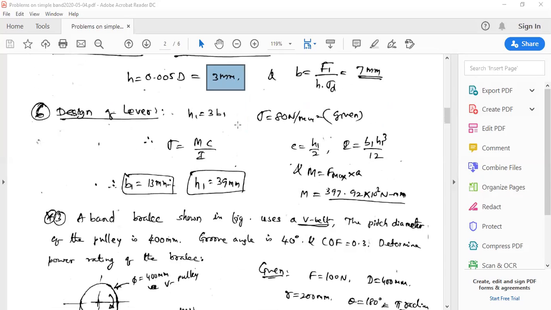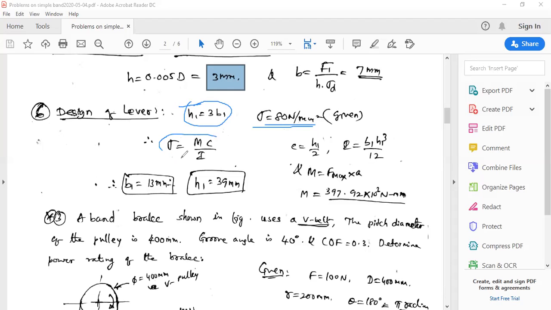Once you get all these values, the next step is to go for the design of the lever. In this design of lever, we have to consider the given values if they are given. If they are not given, you have to assume some of the parameters, such as h equal to 3 times b1, which is given here. Even if it is not given, you have to assume the same value, and the sigma that is given is 80 Newton per mm square. Suppose if it is not given, you have to assume, or refer to appendix 1, page number 463 of the data handbook, and take either C30 or C40 steel for that sigma y and factor of safety, that you have to note there.